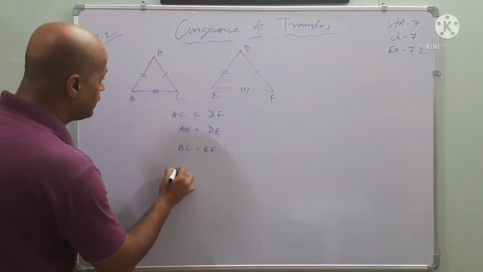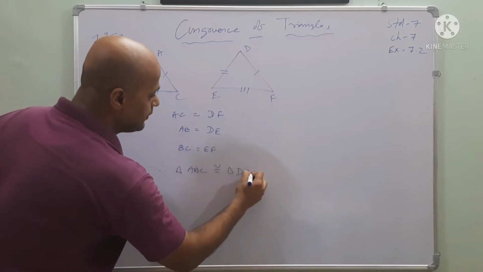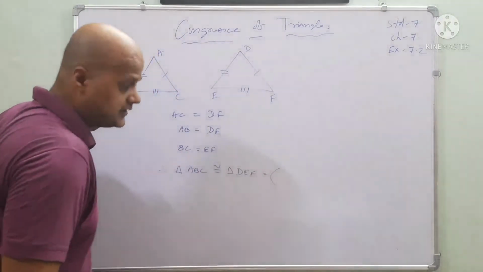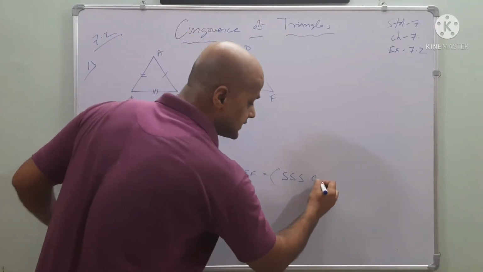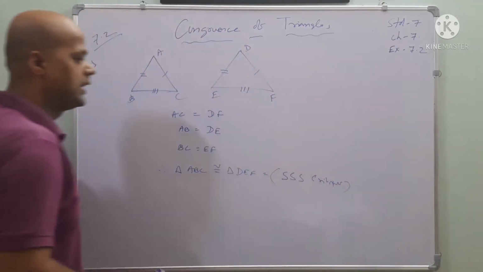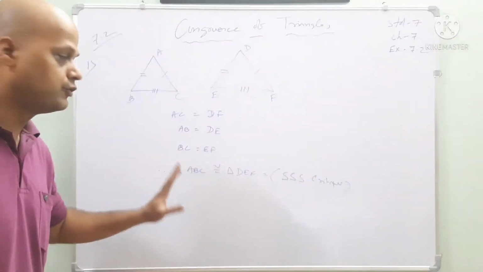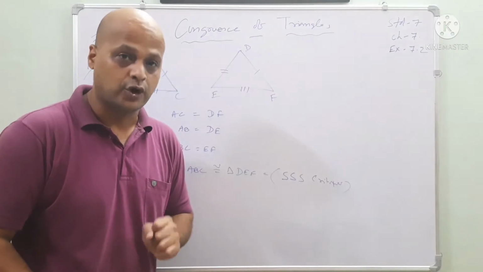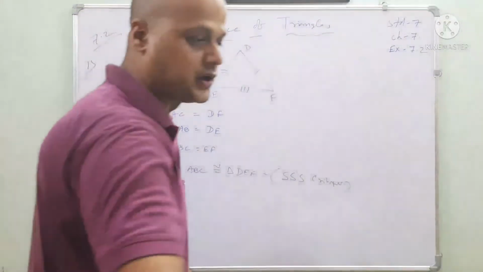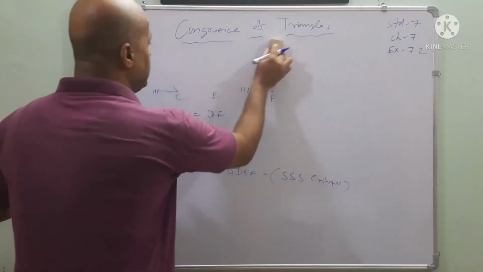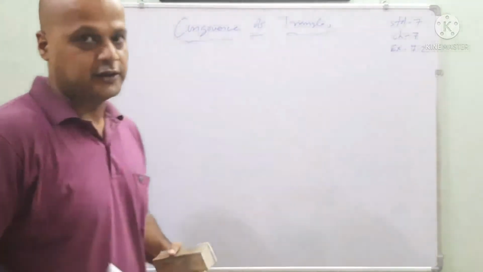So you have to write, therefore, triangle ABC is congruent to triangle DEF by which rule, or which criterion? That is SSS criterion or rule. Okay? Like this manner, first you have to arrange it, then you will find out which congruence rule is followed out of these 4 rules. Okay? Let's go for the next one. I am leaving the second bit and going for the third bit, because the second bit you can try by yourself.